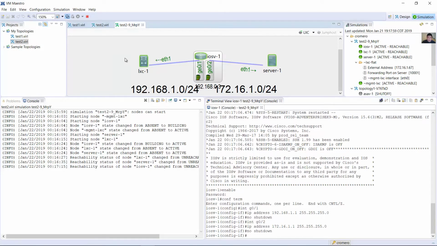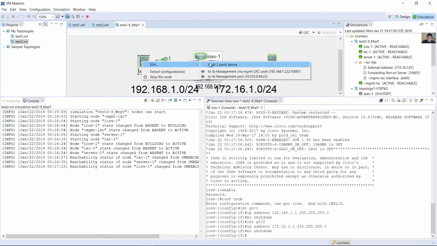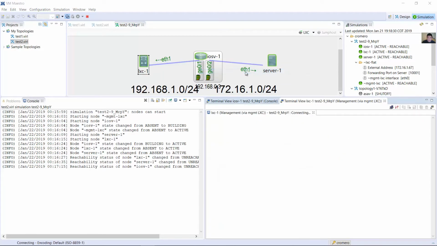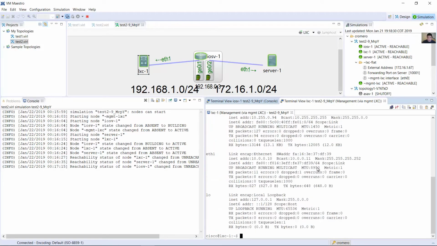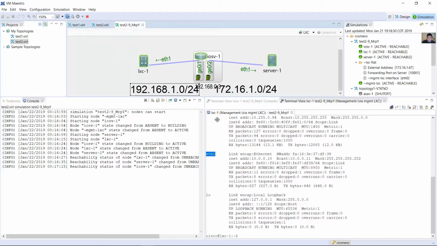Now configure the Linux container. SSH, management port. Yes. Cisco. Verify ifconfig. Verify interfaces. I want to configure Ethernet 1. According to this subnet,